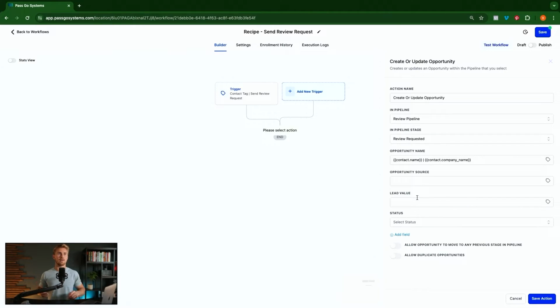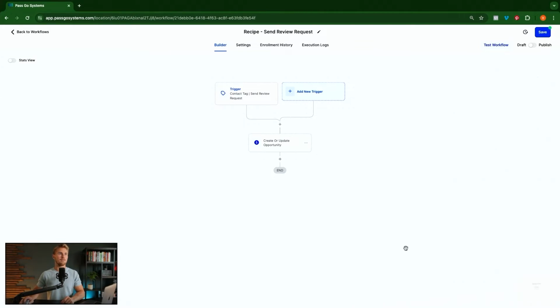If you're setting it up in conjunction with other things, there could be some value, but I'm going to leave those blank. And then status, I'm going to do open, and I'm going to leave all the settings exactly how they are. And I'm going to save that action. So all we've done so far is we've created an opportunity that's going to show up in the opportunities tab